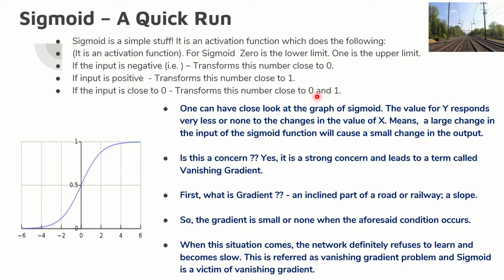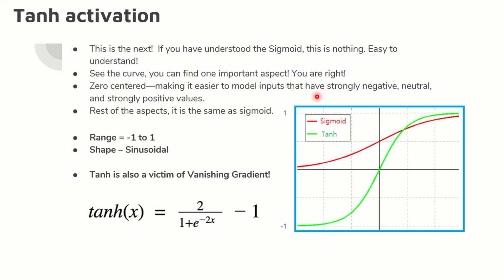Right. Now, when this situation comes, what will be the result? So what will be the result of the vanishing gradient issue? The network will refuse to learn and it will become slow, right? The network will start feeling that it has got nothing new to learn, because it got settled down and there is no change in output, and it refuses to learn. So there is no point in you going for it. So the vanishing gradient problem must be avoided. How do we avoid it? Very simple. I'll talk about it a little later. There are activation functions that avoid the vanishing gradient problem. In the near future, maybe in the next 2 minutes, we will see it.